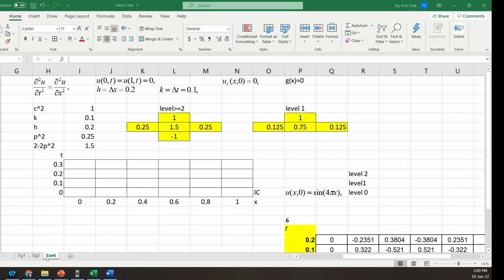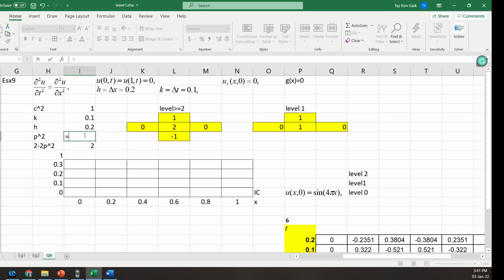So this is question 6, exercise 9. The coefficient for del squared u over del x squared is 1, so c squared is 1. Given from the question, k is delta t equal to 0.1, and h is delta x equal to 0.2, and then your rho squared is actually k